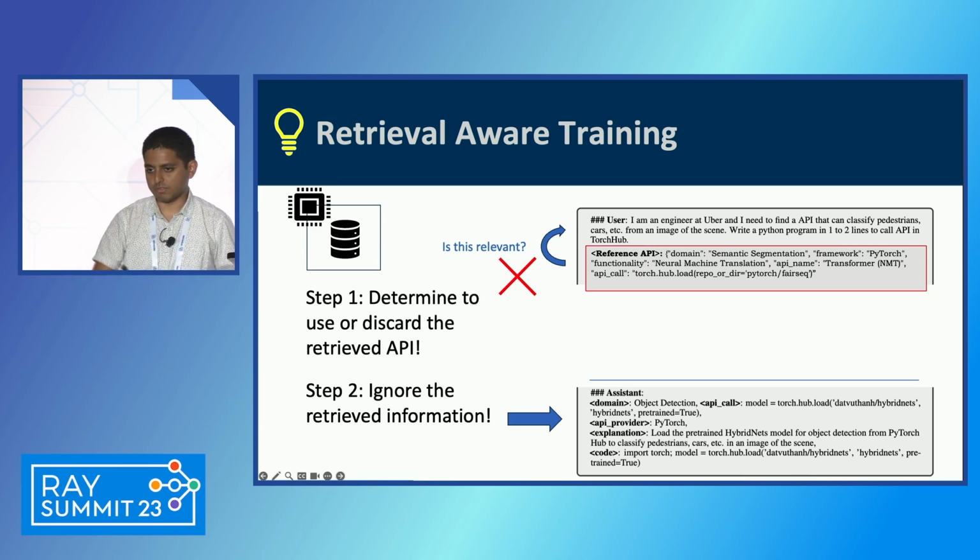I think I can take one more question before I proceed. Yes. Yeah, so I understand the motivation, but it seems to me that by training the model to ignore irrelevant context, it makes it more susceptible to hallucination. And instead of making the model ignore context that it finds irrelevant, shouldn't we improve the embedding model to make it return more relevant context?